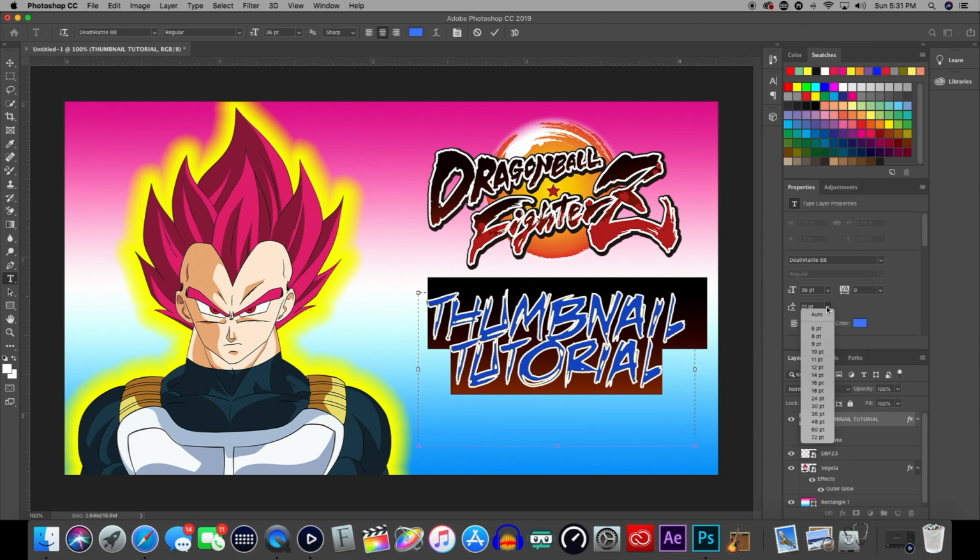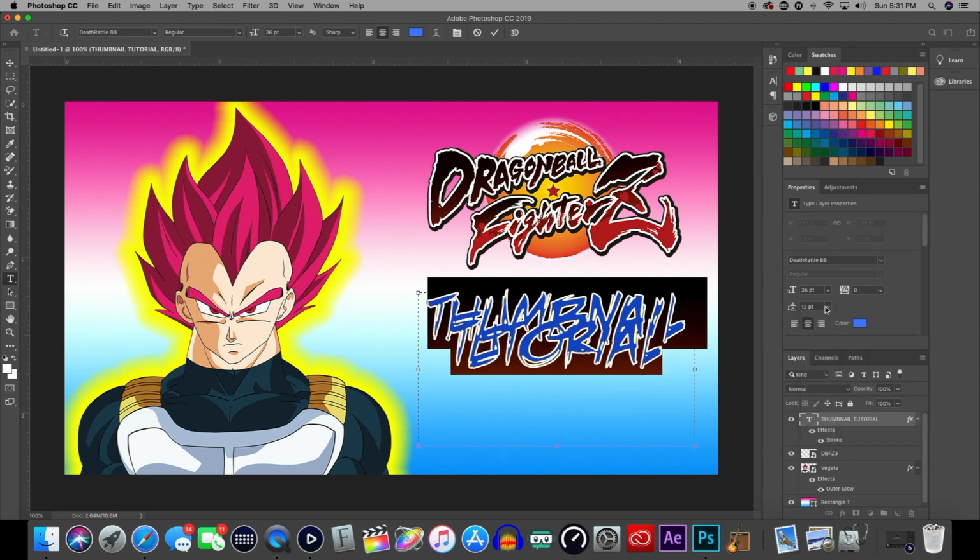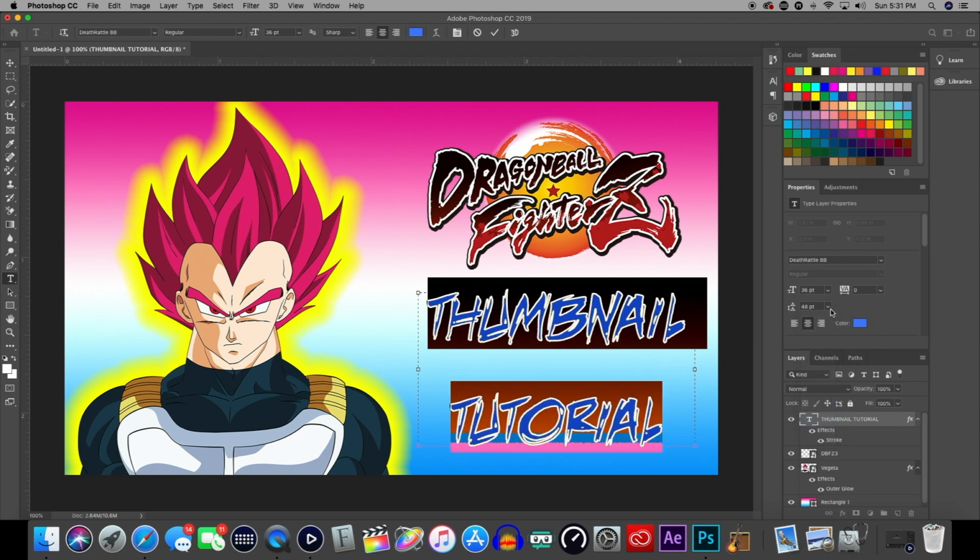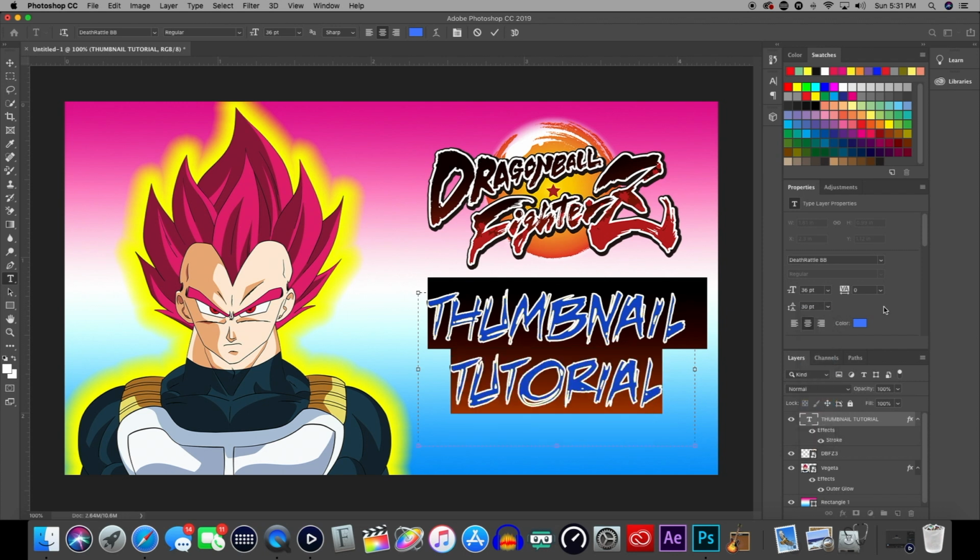Then I'll go right here down to my spacing. I'll change that manually just to put some distance between the top word and the bottom word. The larger the number, the more space in between. That's 48, that's a little too far. Let's drop it down to 30. That's decent. Then over here, I'll bring my other spacing out, which is going horizontally, just to pull